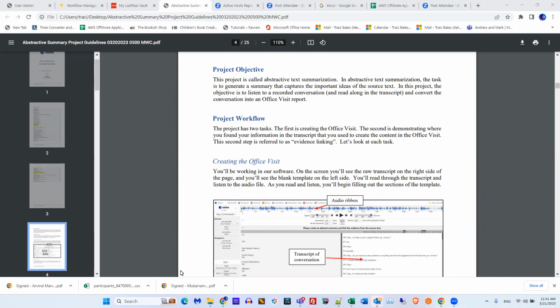Now, it is also different in that these things that we're creating, these transcripts, don't go to a provider. They don't go in a medical chart. They're not used for patient care. Instead, these are being used for artificial intelligence software, so they're going to increase the accuracy of speech recognition for medical software. Okay, so we have to keep that in mind.